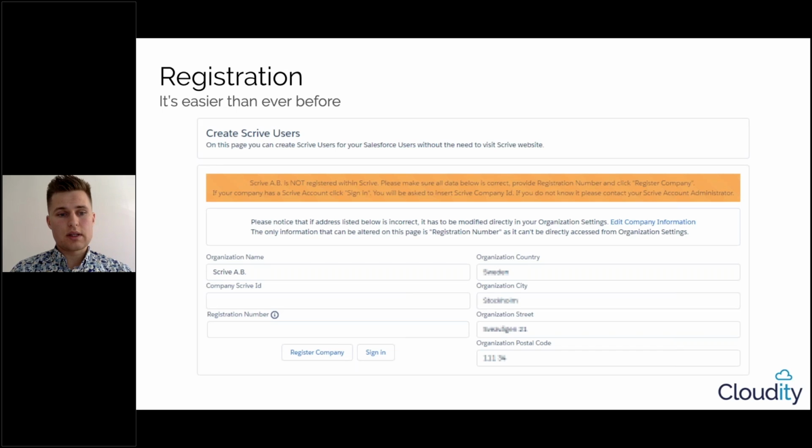So first you visit the administration panel. It should look like this on the slide. And if your company is already registered in Scrive, because it's possible, maybe you already use Scrive e-signing, it's not an obstacle, it will even help you. So you will be required to insert your Scrive company ID. In order to acquire it, you will have to contact your Scrive account administrator. In case you already know it, it just requires you to click the sign in button and insert the ID in